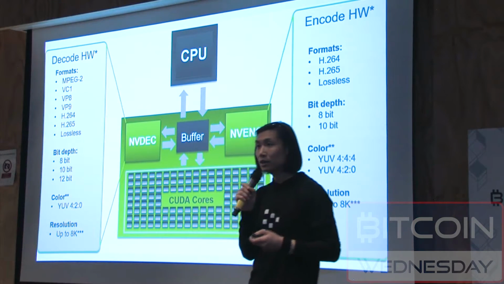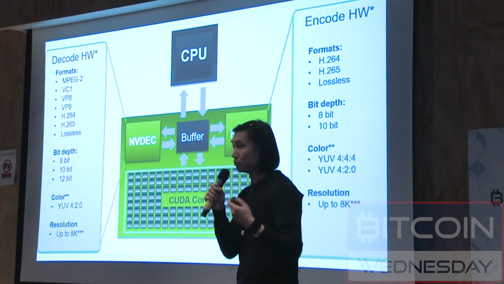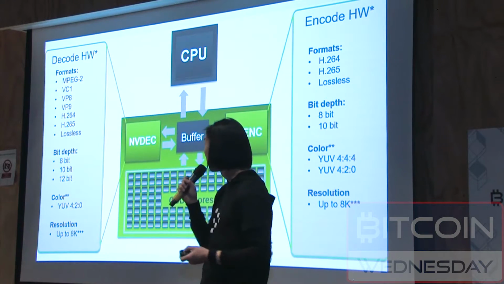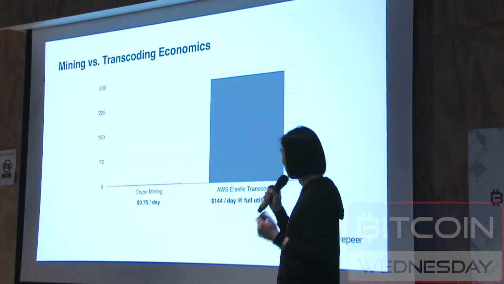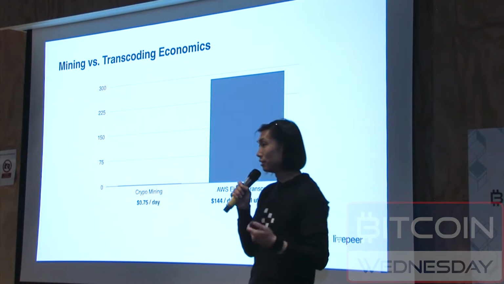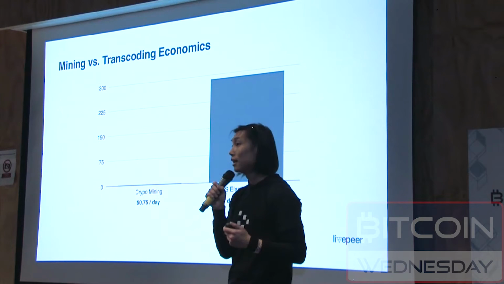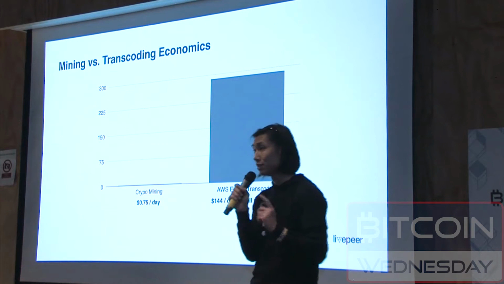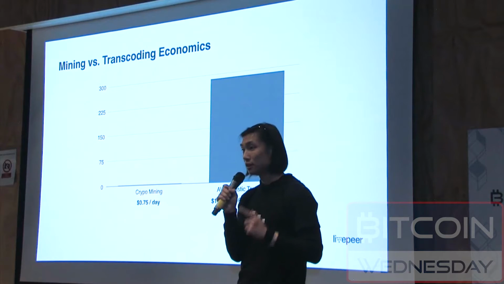So let's think about whether it makes sense for people to spend 15% more electricity to get this second revenue stream that comes in. Well, it turns out that if you are a GPU card that runs in the AWS cloud, and you're charging $3 per hour per stream, and let's say you can utilize 100% of that GPU, Amazon is making $144 a day on that